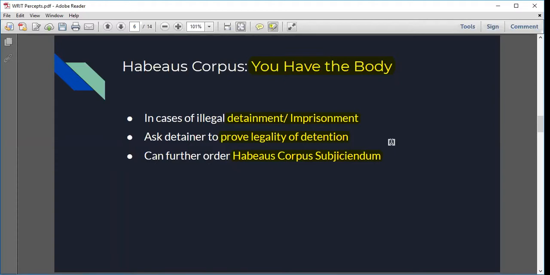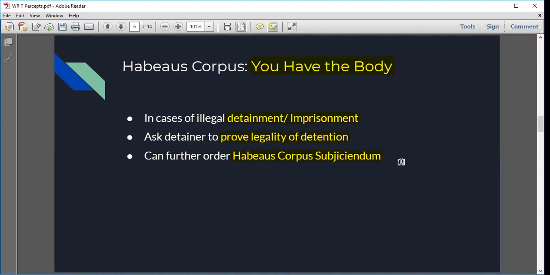Now let's say the court finds that the detention in this case is illegal. Then the court will issue another writ, which is habeas corpus subjiciendum. Habeas corpus subjiciendum means to immediately release the person who has been detained. So if somebody went to the Supreme Court and filed a habeas corpus writ, and the Supreme Court accepted the writ, and the proceedings moved ahead, and the Supreme Court found that Mehbooba Mufti or any other political prisoner of Jammu and Kashmir has been illegally detained,